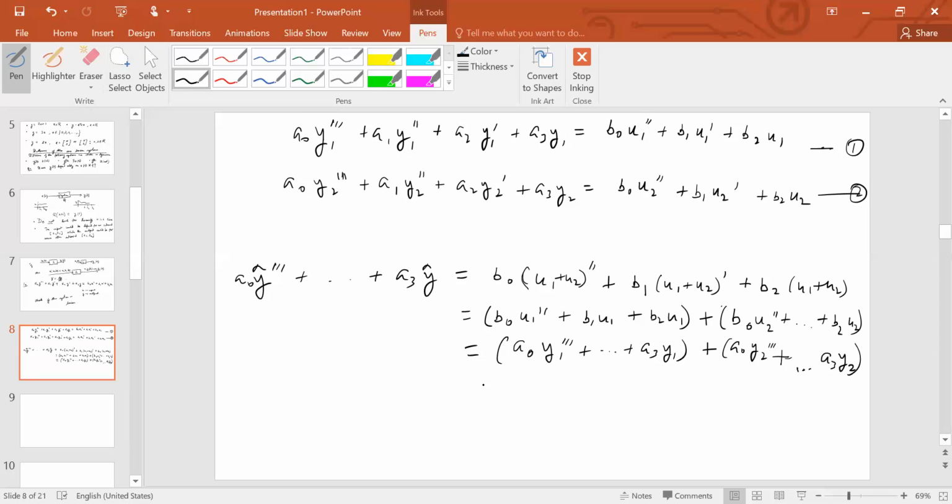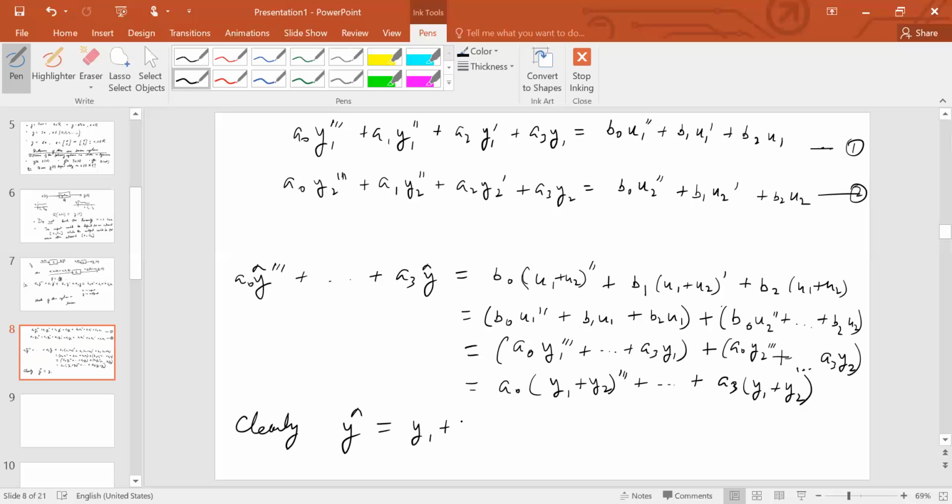All right, this is nothing but A0 Y1 plus Y2 triple dash plus dot dot dot plus A3 Y1 plus Y2. So clearly Y hat is equal to Y1 plus Y2